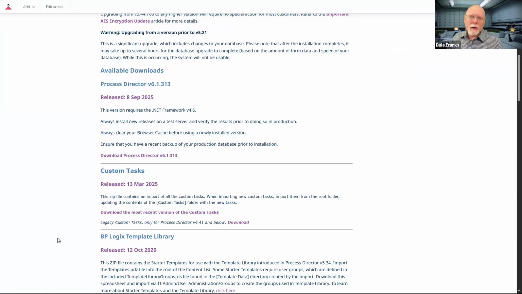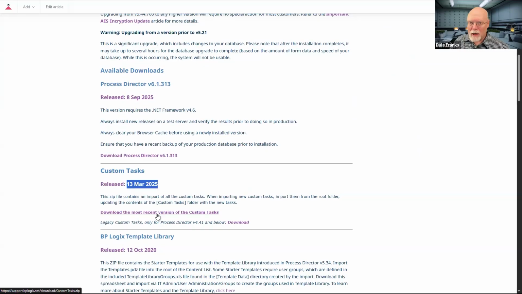We do recommend that you check this on a recurring basis to see when the latest release is. Right now, we've got a 13 March 2025 release of the custom tasks.